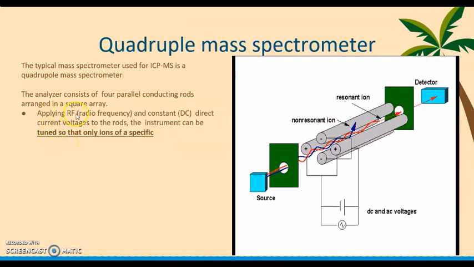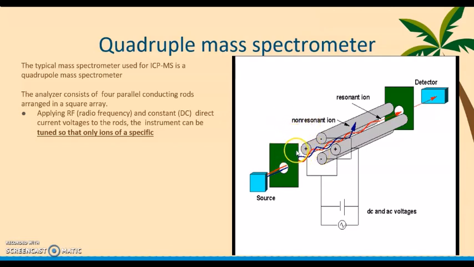Applying the RF o yung radio frequency and constant DC o yung direct current voltage to the rods, the instrument can be tuned so that only ions of specific mass will be determined. So dito na, kung titingnan natin, pwede daw natin pong galawin. Okay, yung radio frequency and the direct current voltage para kung ano lang yung gusto nating i-determine na trace element, yun